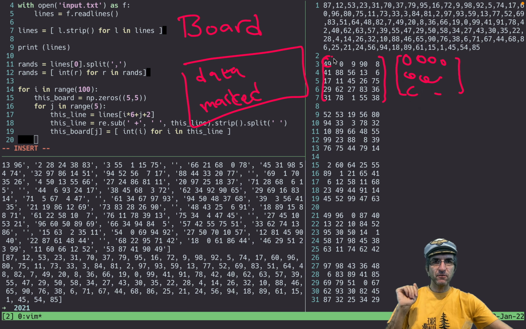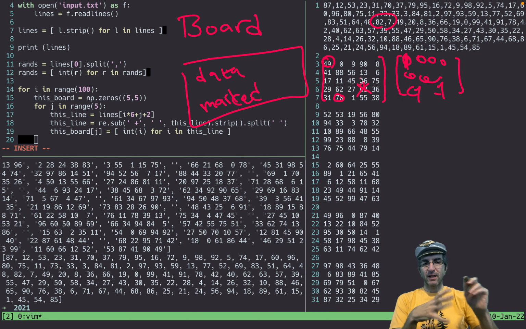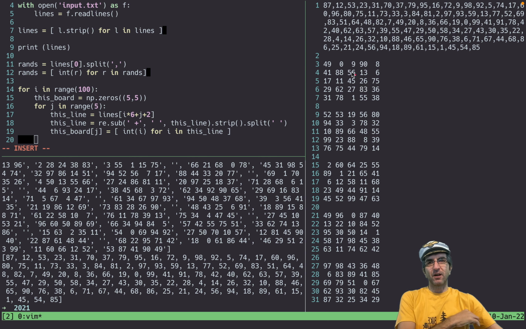If you mark this, we will change this to 1. If the announcer called 82 and I have an 82, for example here, I will change this to 1. So I will know what is marked here. You can have different solutions, but I decided on this one.